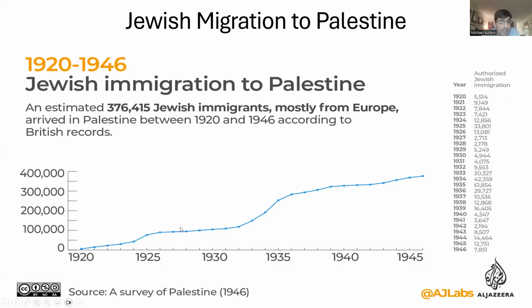Okay, then we see by the time we get to the end of World War II, so this is when the Holocaust is happening, and we have over 400,000 migrants that come to Palestine. So within a span of a couple of decades, hundreds of thousands of Jews migrate from Europe, escaping political oppression and massacres. So this is going to have a dramatic effect on this place because many of these Jews are